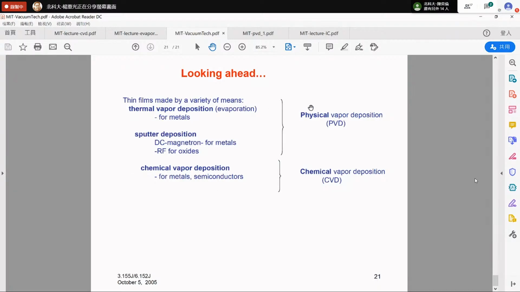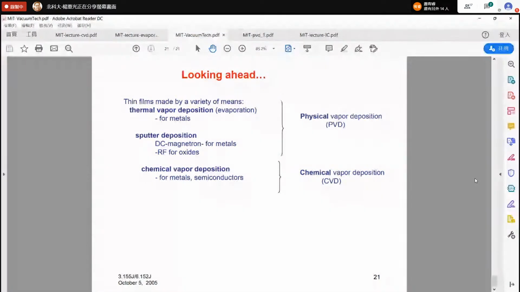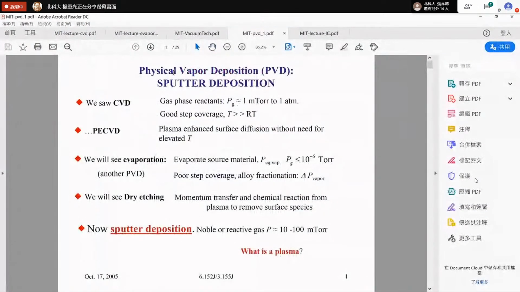So I'm going to stop here, and we will take a 10 minute break, and then I'm going to go to the next slide, which is physical vapor deposition. Before that,